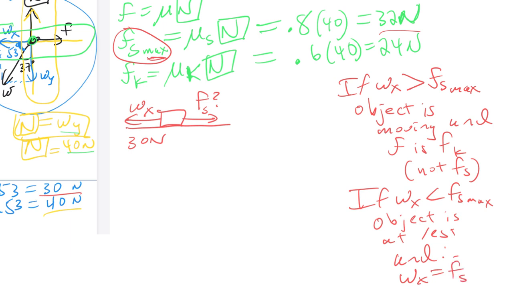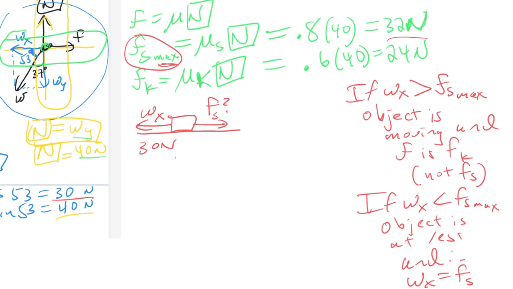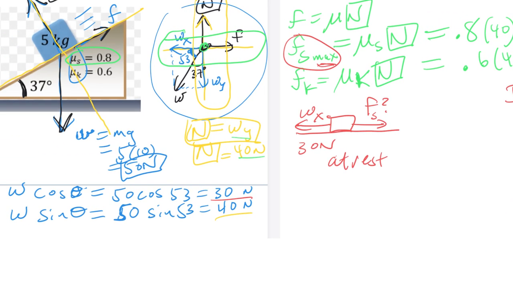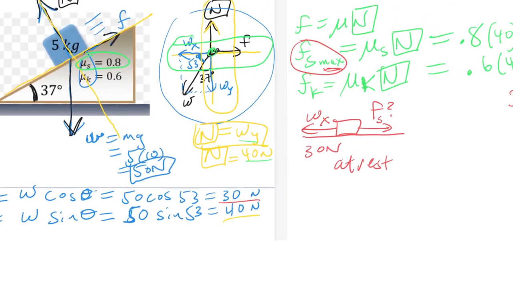Not necessarily the static maximum, but it could be anything between 0 and the static maximum friction. So obviously this is at rest now because Wx, which is 30 newtons,